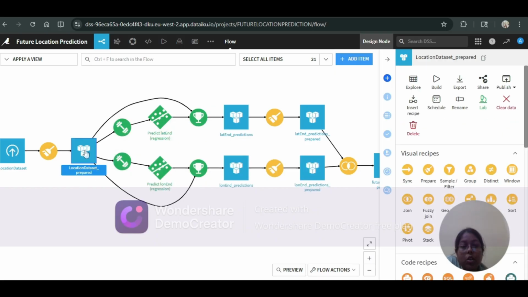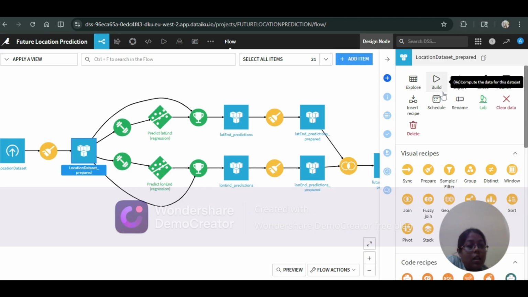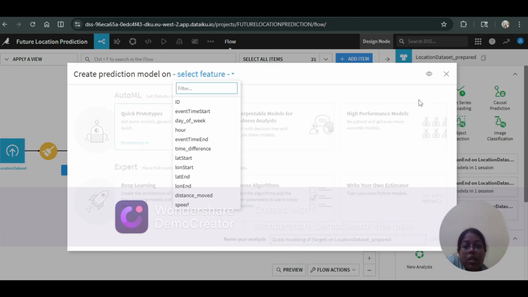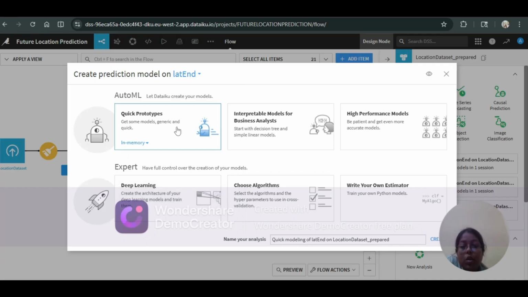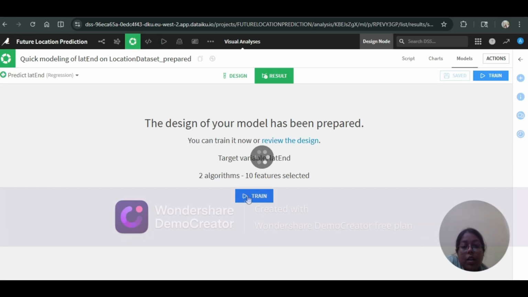I have trained this model. I have selected this, then Lab, AutoML prediction. I have predicted for longitude. First I did it for latitude end, then quick prototype. From here I have created this. Now if I do train, the model will start training, and here